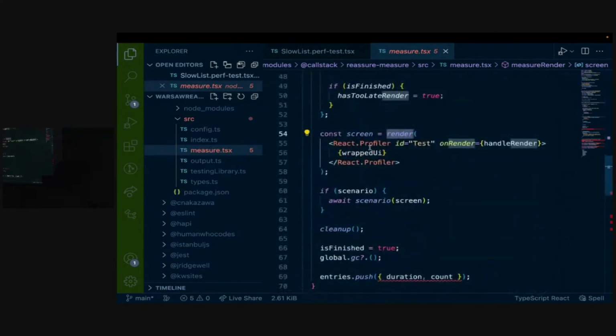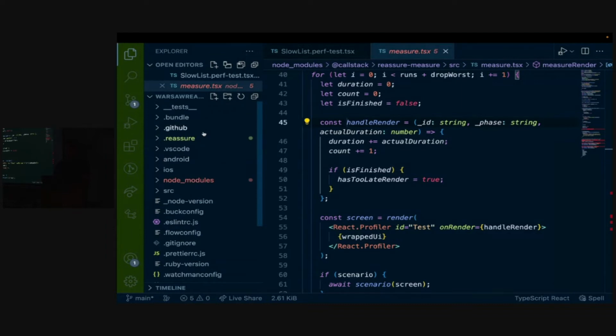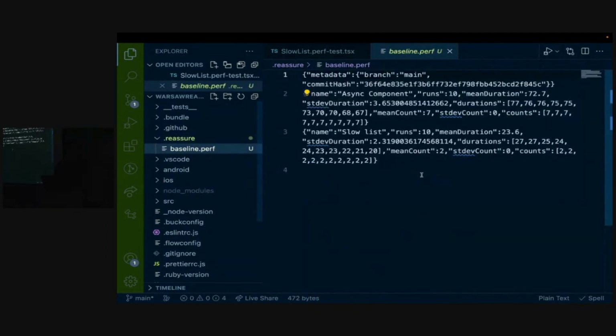It renders the React profiler, which is not new. This was around for years now, and it collects the results for me. And when it runs, it will create a folder in my project called Reassure, and that's my baseline measurement. It's a simple JSON with the results from React profiler.